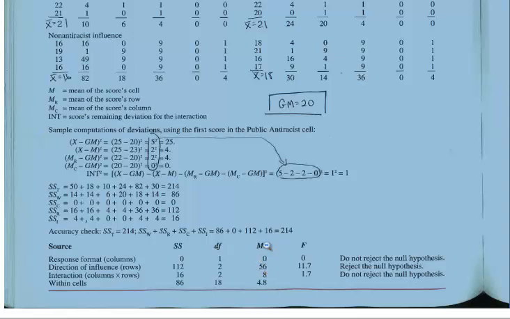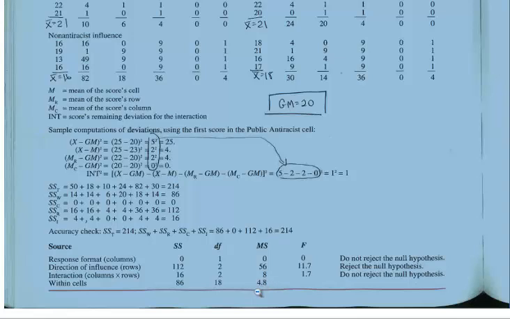The remainder, in terms of calculating population variance estimates, is done the same way that we did it for the one-way ANOVA. The within cell variance here is going to be our denominator for every F value that we calculate. So the first thing that we'll calculate is the population variance occurring within cells. We take our sums of squares within cell of 86, divide it by 18, which is our degrees of freedom, and we get 4.8. That is our population variance estimate in squared units